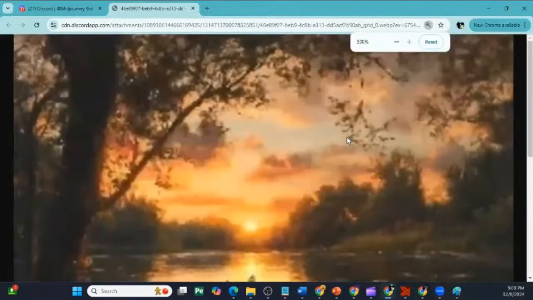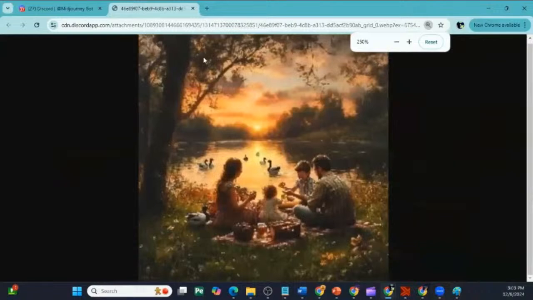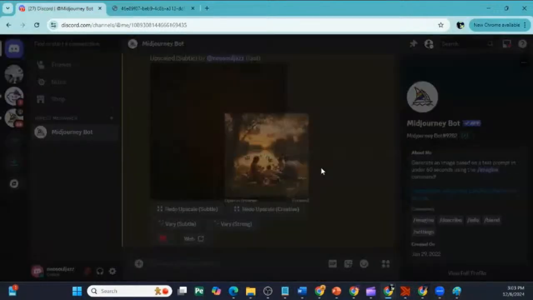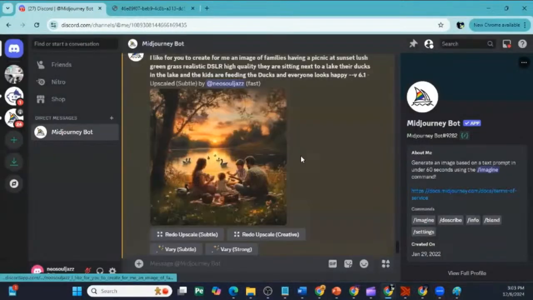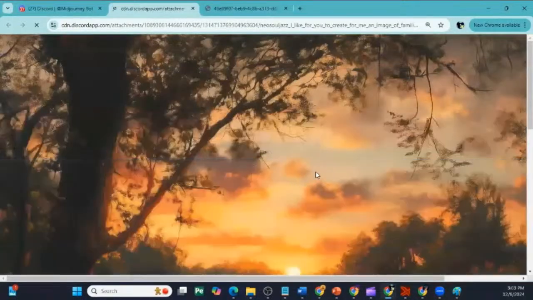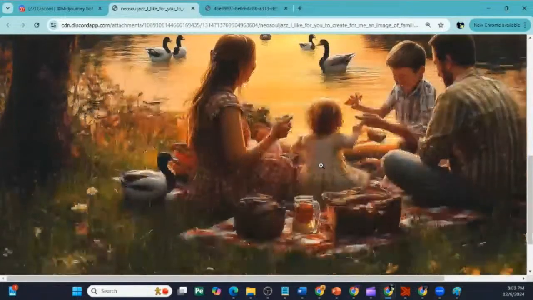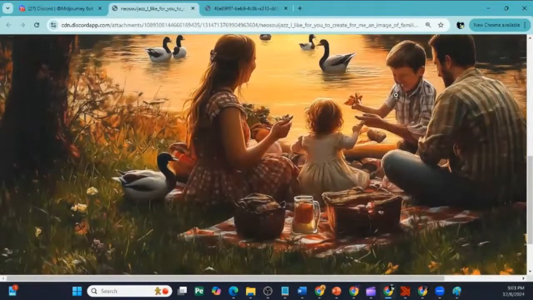Okay, let's zoom in. Let's do that again. So I think now it's done. I don't think it was done completely before. Now it's done. Now, when you zoom in, you can see an even greater level of detail, but that boy's